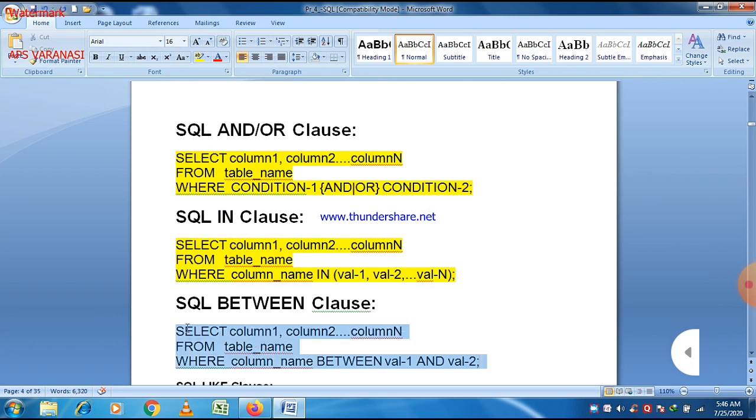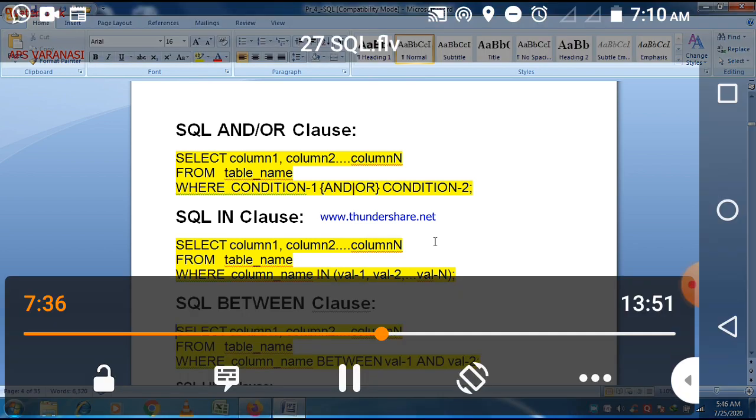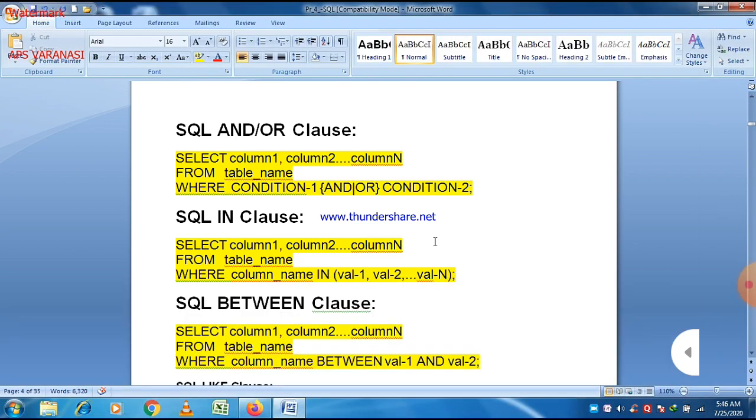These are the three important clauses used in MySQL or in SQL. MySQL, as I told you, is the name of the software, and SQL is a database language, part of all modern RDBMS. And here you can see the commands: and, or clause, in clause, and between clause.